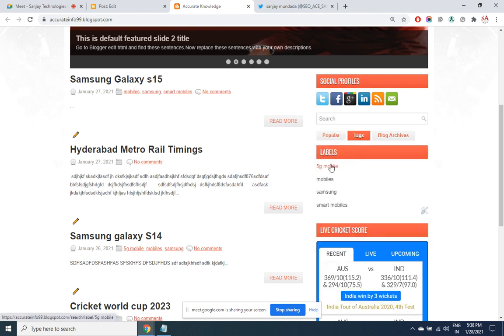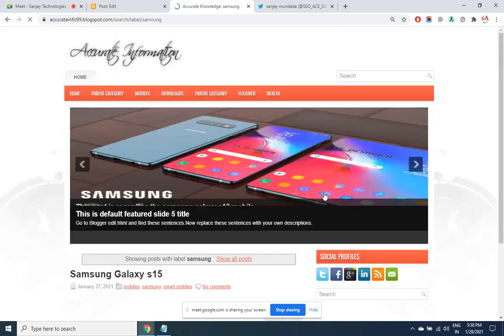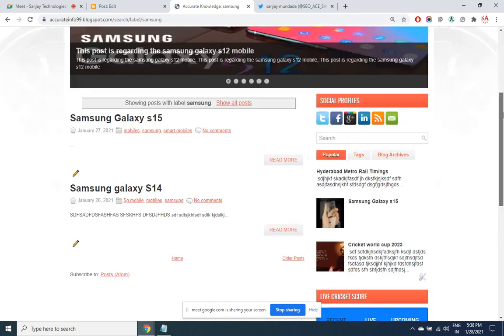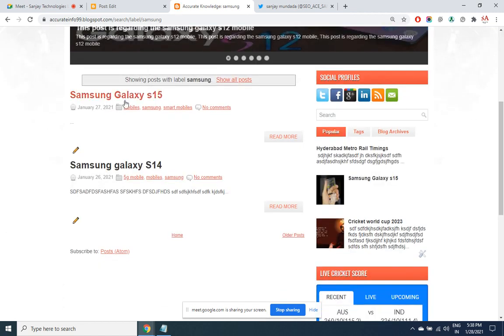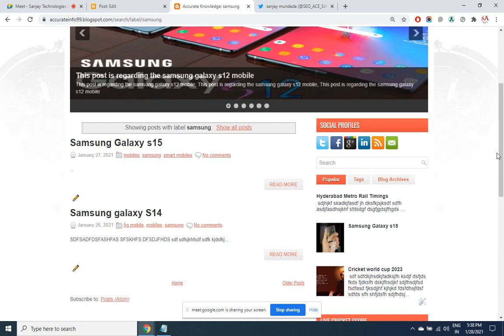See what all labels we have used in the entire website, all that will be shown up here. When you click on any label, all the posts which are relevant to it, where the label is common, will show up in the results. So we have given this common label for two posts, and both are shown one below the other. So labels are also used in order to group the posts, and in turn you can provide this URL as a link in the menu.